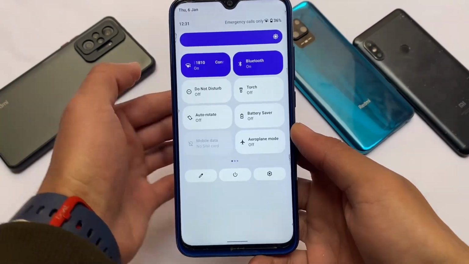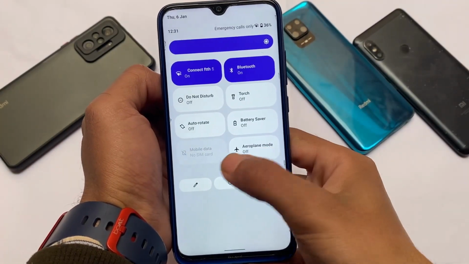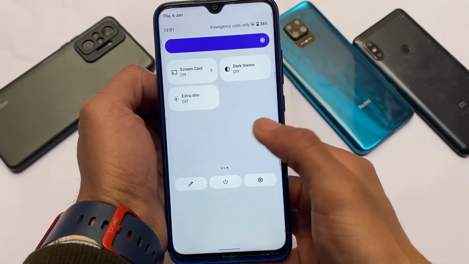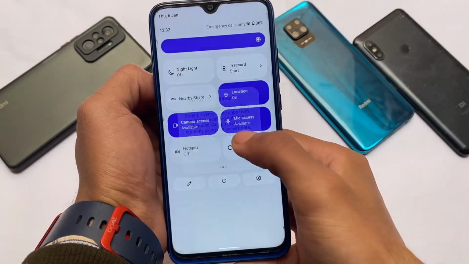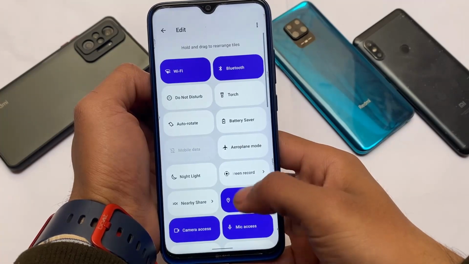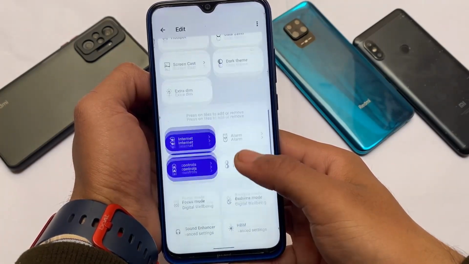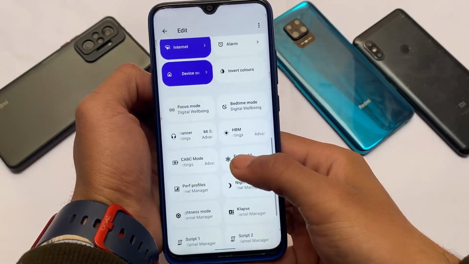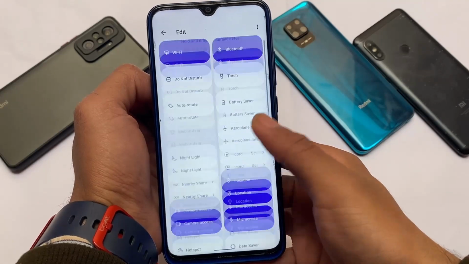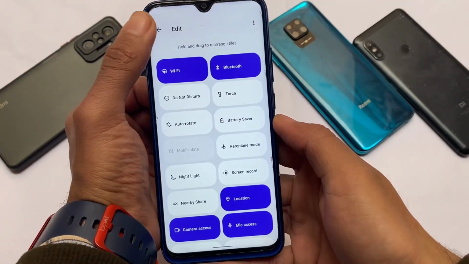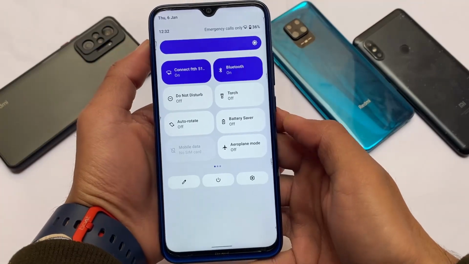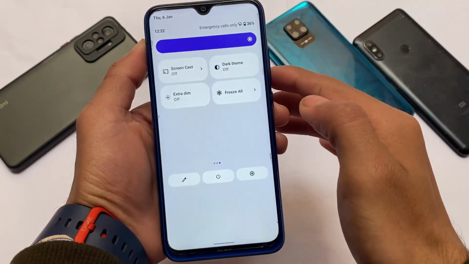Another interesting thing about this latest Paranoid Android is the quick settings panel. Of course, not a black background, but a white background with very cool colors and everything. It was expected, it's good. If you need the separate mobile data and Wi-Fi tiles, those tiles are also available for you. And if you want to add or remove any tile, you don't need to drag and drop. You simply click and the tile will be added or removed, whatever you want to do.